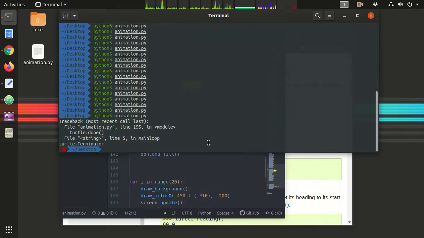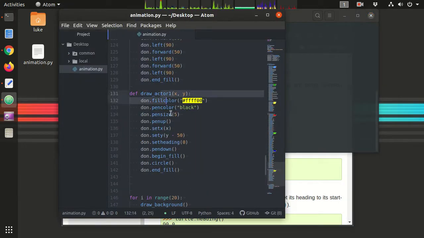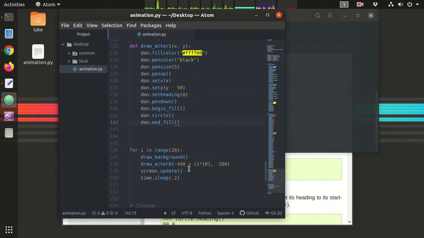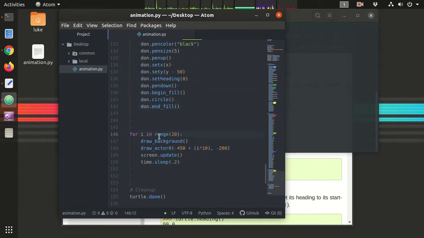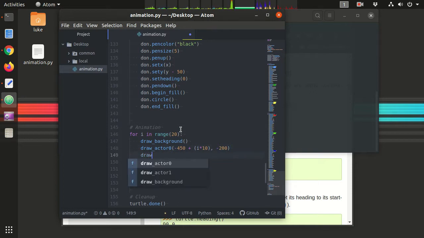Okay. So this is just the function definition. Right? So we haven't actually drawn it. We haven't called that function. So down here in our for loop, this is our actual animation. What we want to do is say draw actor